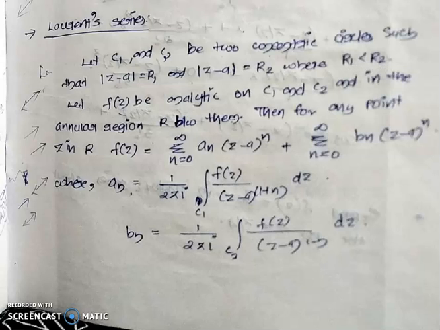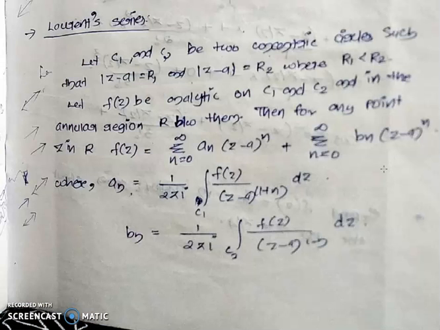Let f of z be analytic on C1 and C2. So this function is analytic in the circles C1 and C2 and in the annular region between them, annular region capital R between them. Then for any point z in R, so we take any point z in that annular region R, f of z is equal to, so we have the series expansion here, summation n is 0 to infinity a n (z minus a) whole raised to n plus summation n equal to 0 to infinity b n (z minus a) whole